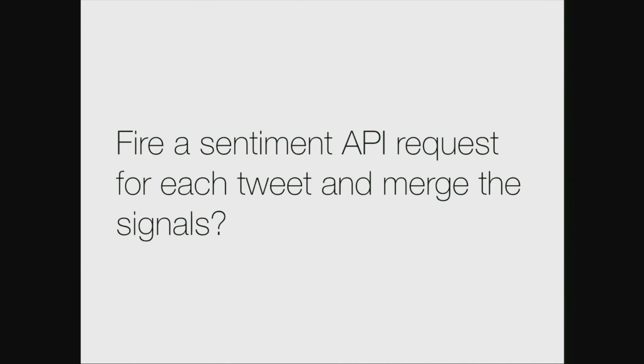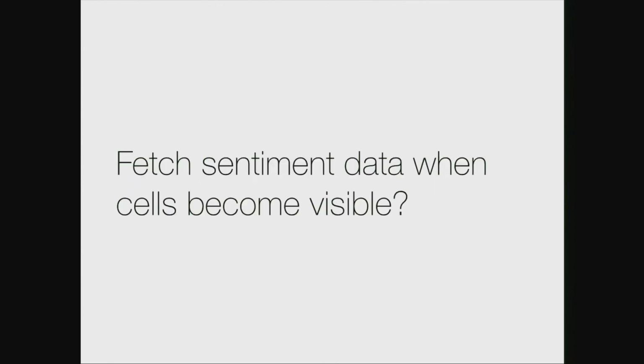That would be bad from the user's perspective, because instead of going from 1 API request, you'd be going to 101 API requests being required before you could render any data to the user. That's not great. Also, that will end up really hammering the sentiment API. And as I mentioned, the one I'm using is free and it's rate limited, so you'd probably hit your rate limit very quickly. So probably a better way of doing it is to fetch the sentiment data only when cells become visible, which is a better approach, but one of the problems there is if the user scrolls very quickly to the ends of the list, which on iOS they can,